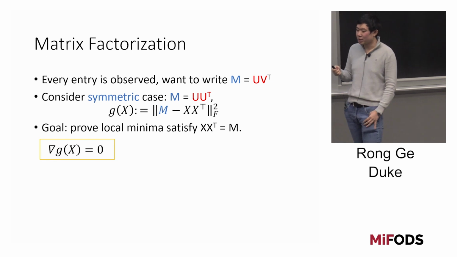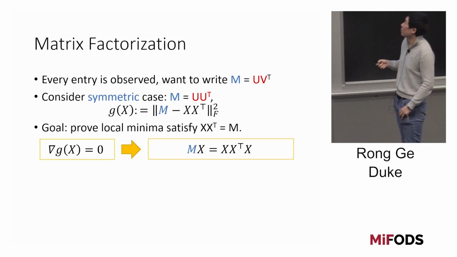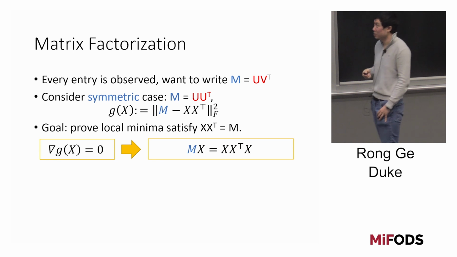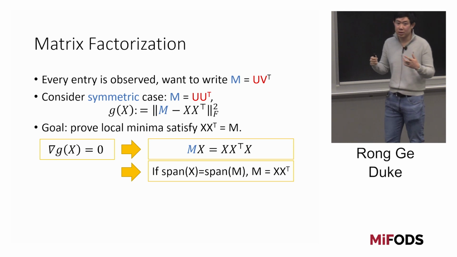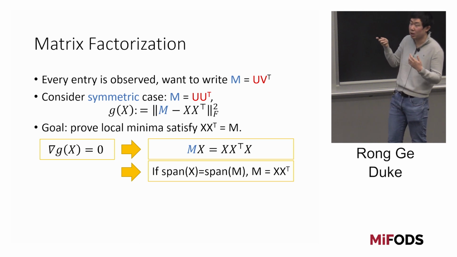If we look at the gradient of this function and set it to 0, it implies M times X is equal to X times X transpose times X. And in this case, we know that if X is a full rank matrix, if the span of X, by which I mean the span of the columns of X,